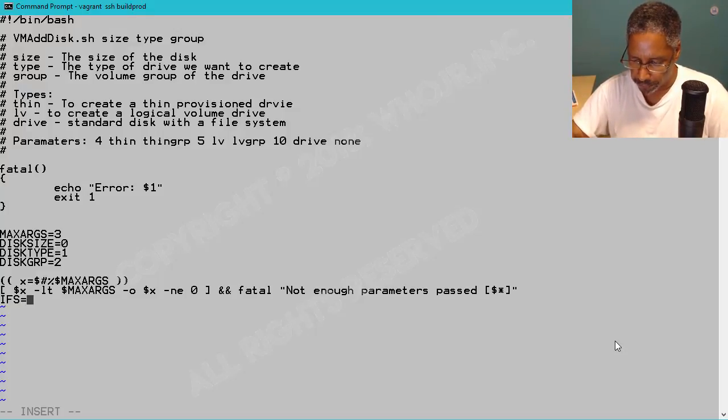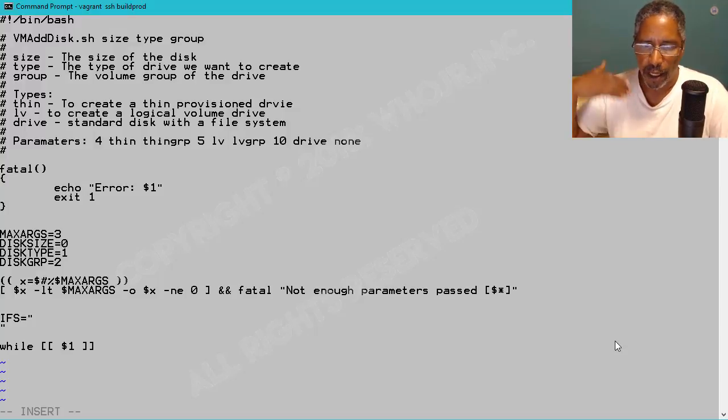All right, so moving on. And a field separator is going to be set to a return. And then what we're going to do is process these arguments, okay? So we're just going to do a very simple loop. I like to keep it simple. So while we have arguments, all we're going to do is